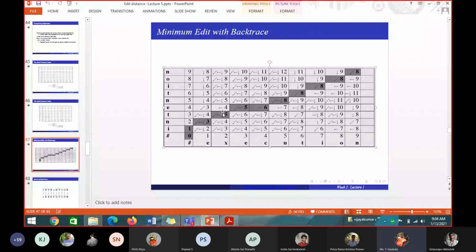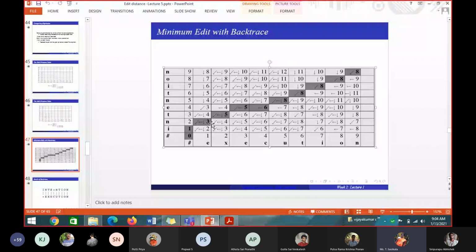Okay. Now can you tell me X and T? X and T, 5, how did I get it? See, that's why I put an arrow mark diagonally here. Now how did I process X and T? Diagonal 3 plus 2, ma'am, because left side 4 plus 1. Diagonal is 3 plus 0 or 3 plus 2? 3 plus 2, so 5. All are 5, so we have to take the diagonal. First preference is given to the minimum diagonal. If the minimum is the diagonal, then we take the diagonal only.